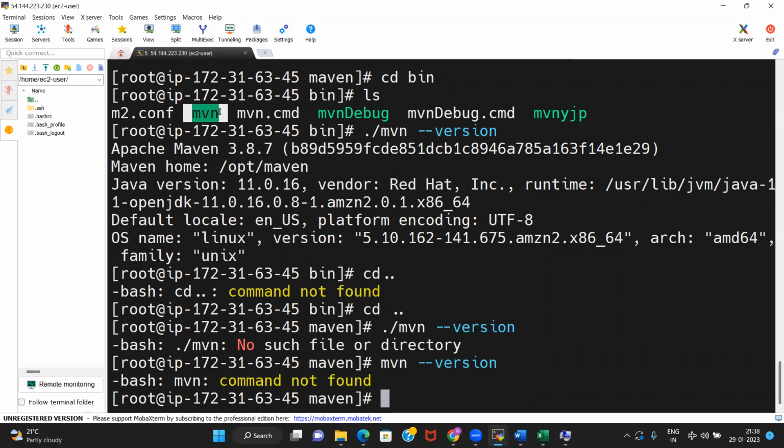So now how to set the environment variable? We have seen the environment variable setup in Windows. Now how to do it in Linux. So